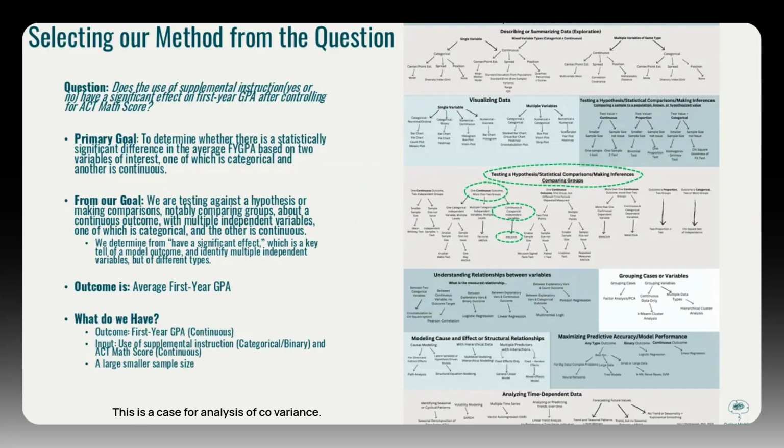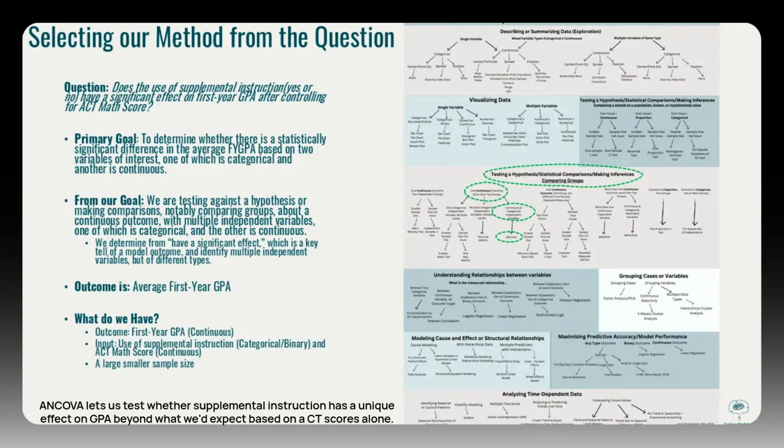This is a case for analysis of covariance. Here's why. Our dependent variable is GPA, a continuous outcome. Our independent variable is whether or not a student used supplemental instruction, a categorical group. And we're introducing a covariate, ACT math score, to control for students' incoming academic ability. ANCOVA lets us test whether supplemental instruction has a unique effect on GPA, beyond what we'd expect based on ACT